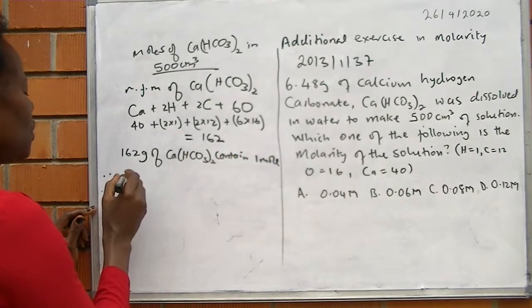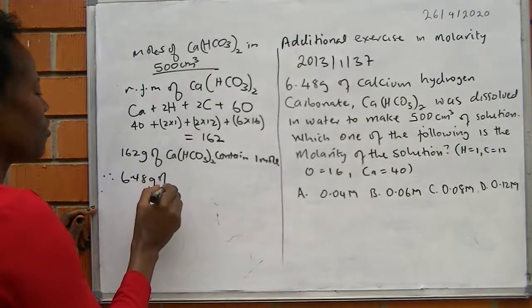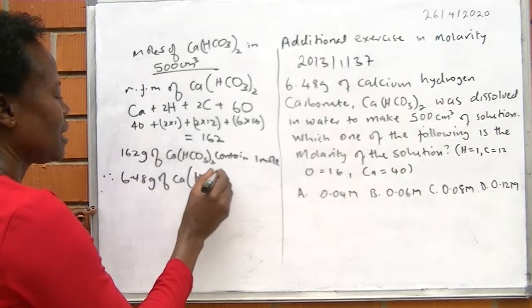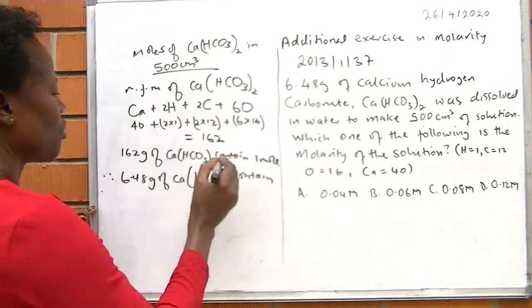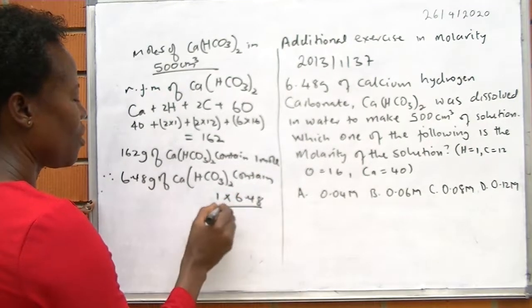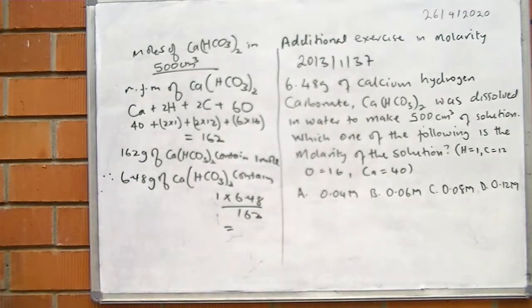What about 6.48 grams of calcium hydrogen carbonate? Will contain, we cross multiply, 1 times 6.48 over 162, which is equal to